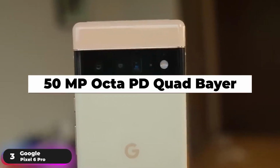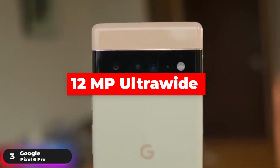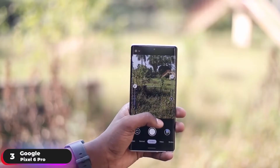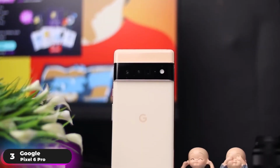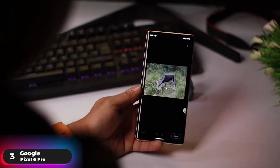Equipped with a 50-megapixel Octa PD quad bayer wide camera, a 12-megapixel ultra-wide camera, a 48-megapixel telephoto camera, and an 11.1-megapixel front camera, the phone utilizes bigger sensors to help capture more color, more detail, and 150% more light than the previous generation. Say goodbye to photo bombers with the Magic Eraser feature, which can remove strangers and unwanted